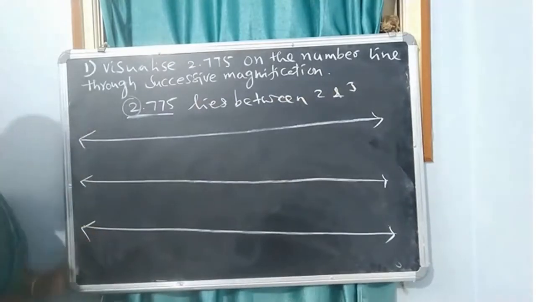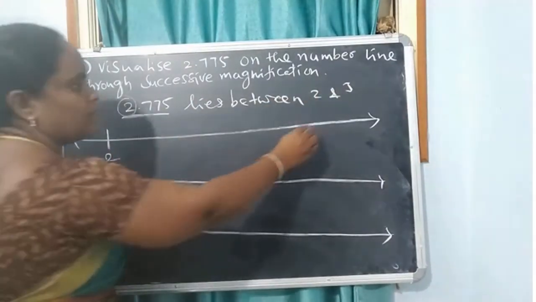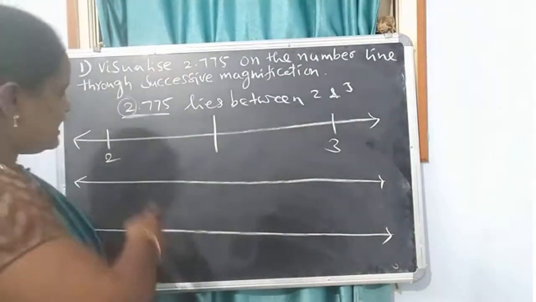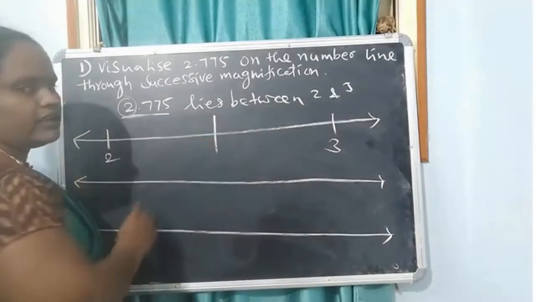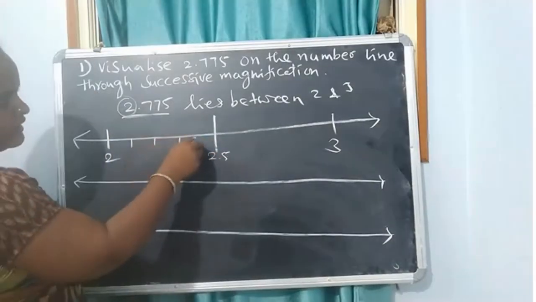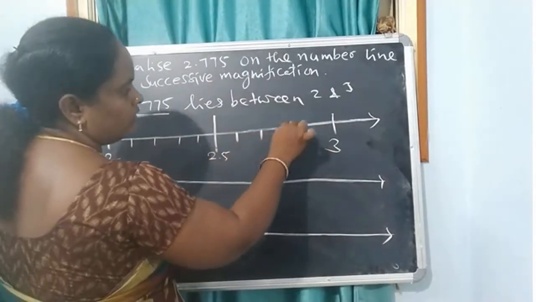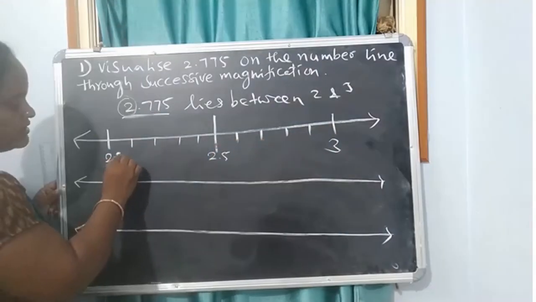So I have taken 3 number lines. Now I am going to take 2 and 3 on the first number line. In our scale, there will be 10 divisions between 2 numbers. In the same way, we are going to divide the portion between 2 and 3. Here in the middle, I have taken 2.5, with 4 lines drawn on each side, so 5 portions. Take 2.0 and 3.0.